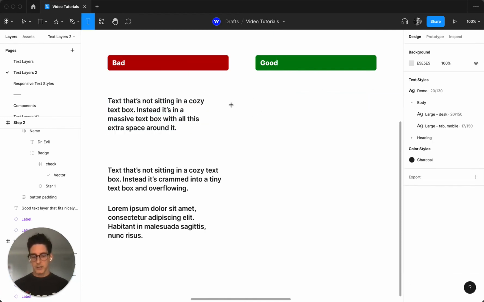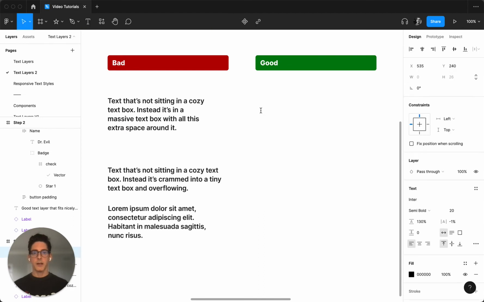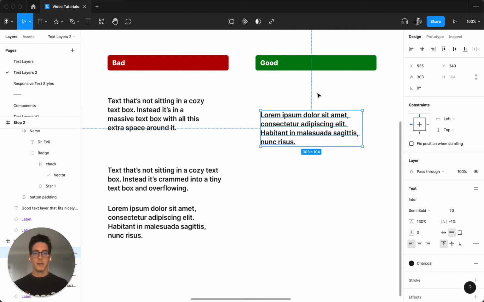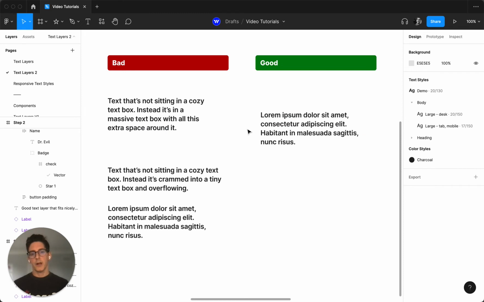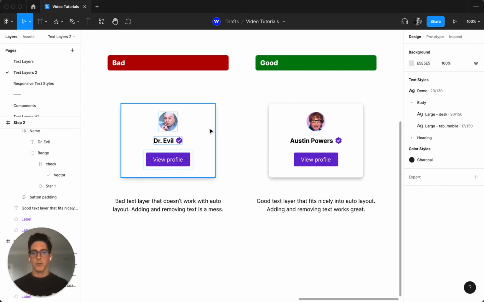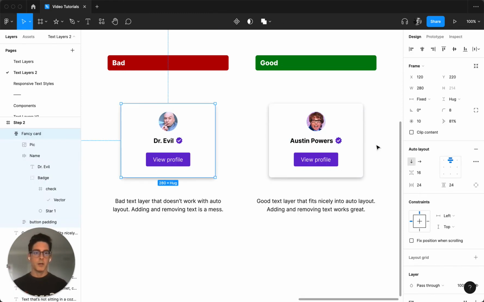To avoid that, you can simply just use the text tool and click instead of click and drag. And then when you add your text, you can either adjust it here and paste more, and it'll resize. Now these three look fine as is, but let's have a look over here where we're using an auto layout